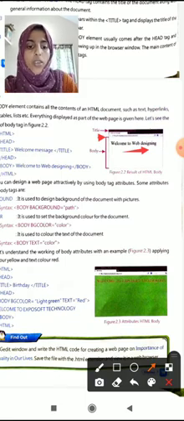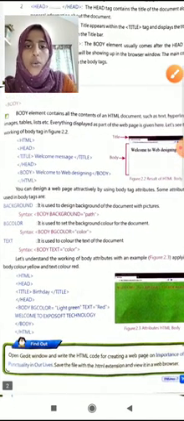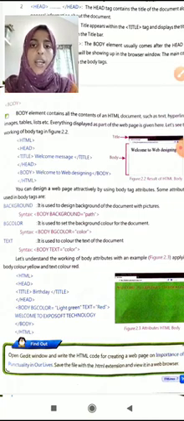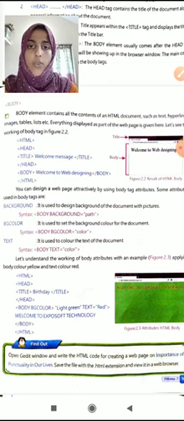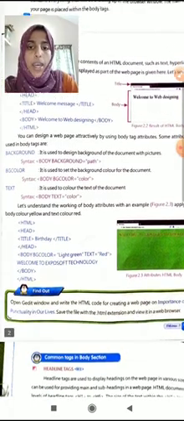element. Okay, then next we are going to study about attributes of the body tag. In the last class we have studied attributes. What is an attribute? Attributes explain how to display the HTML document. The first attribute of the body tag is background.